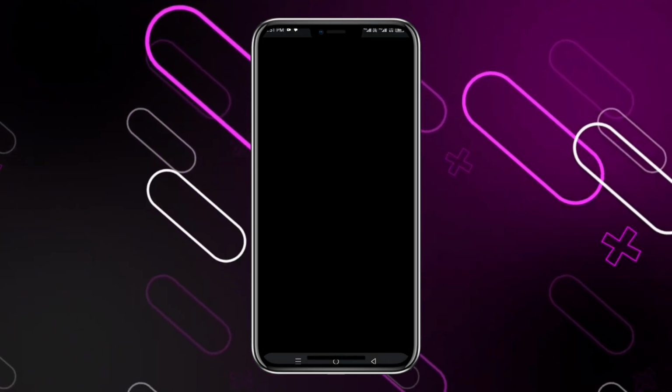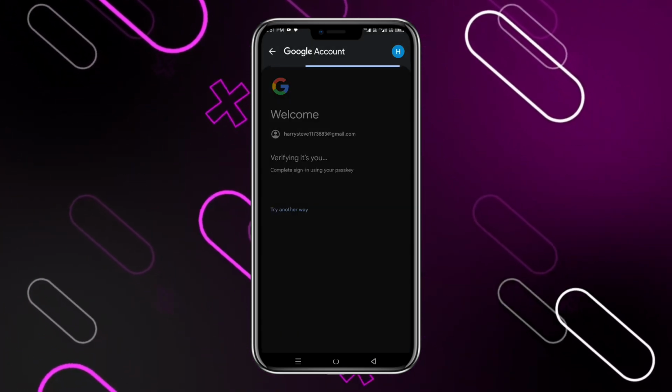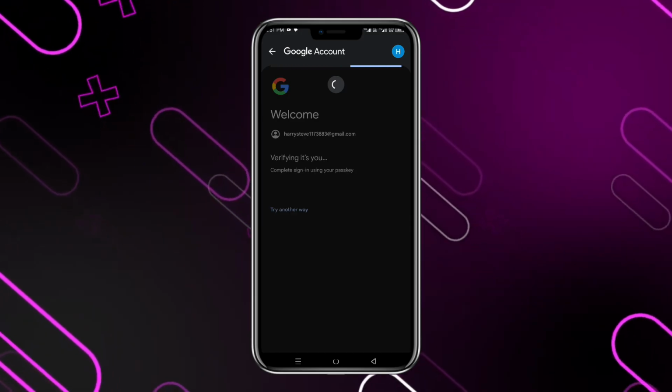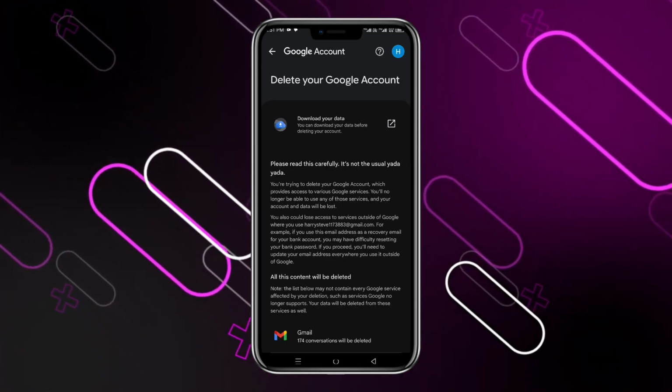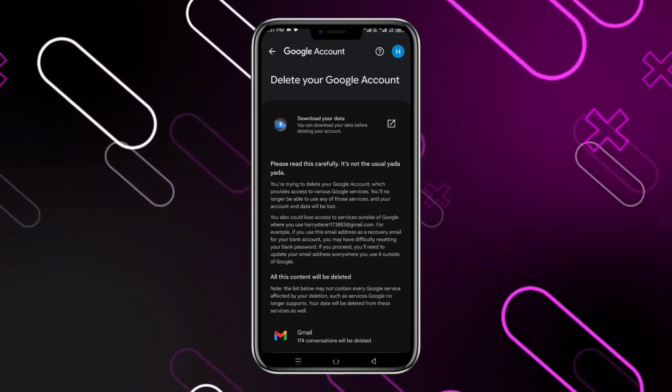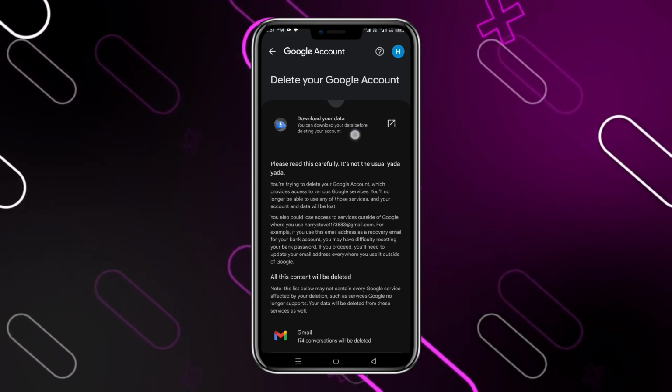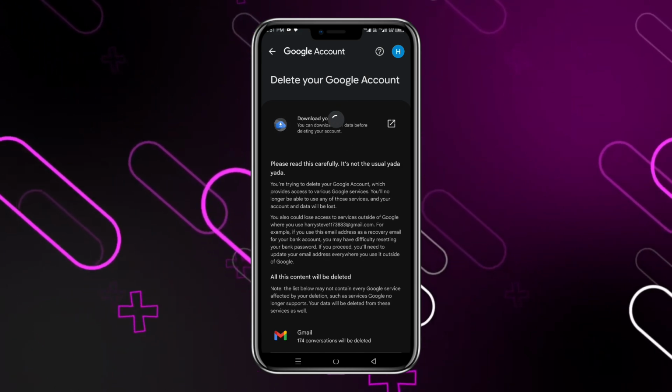Once the loading is done, it will ask you for your password or fingerprint. Just simply give it that, and then it will take you to this page. Now here you have to be very careful and read all the terms and conditions. And if you want to download your data,